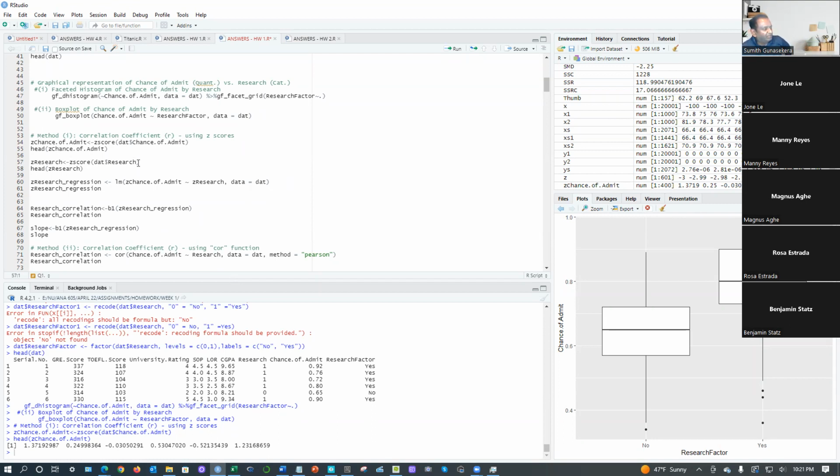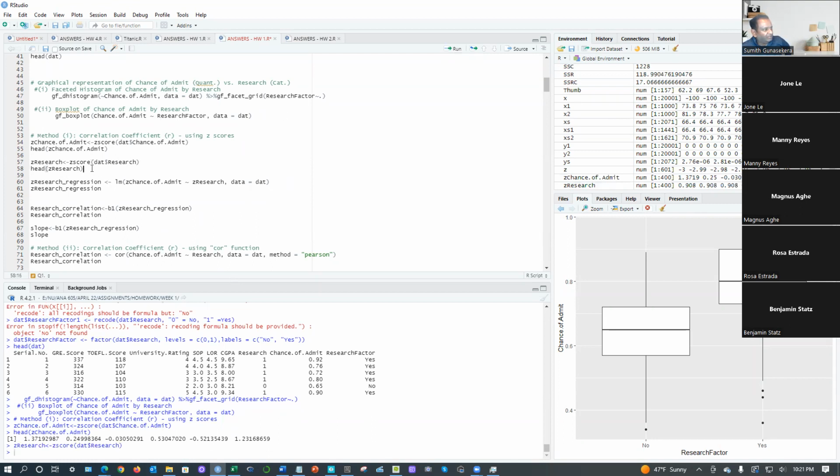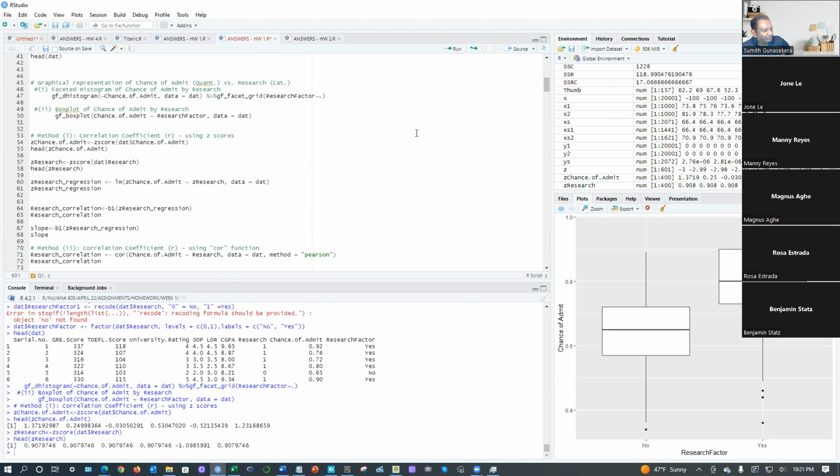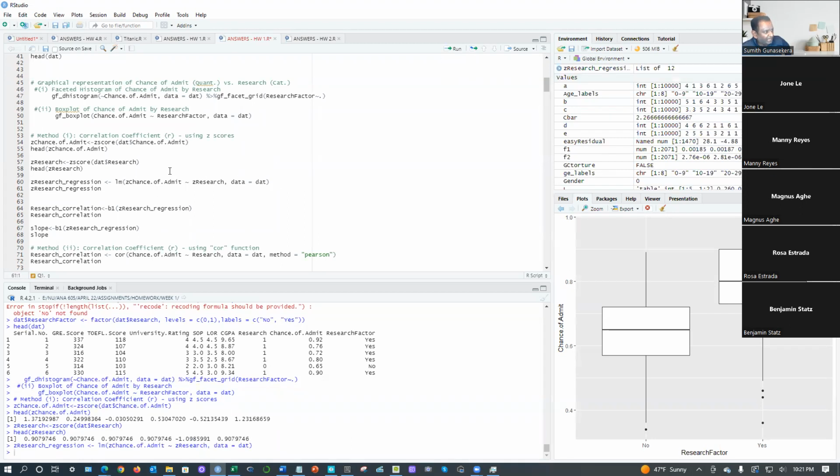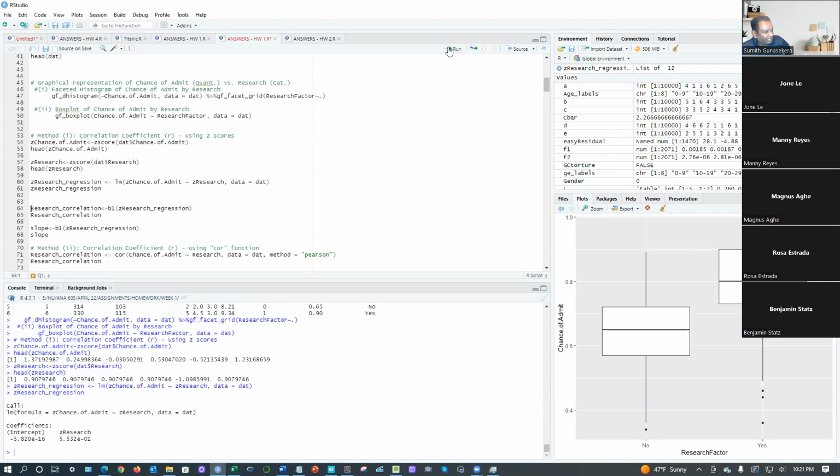Z-score, convert the research to a standardized value. Then you're going to fit Z chance of admit versus Z research. And then run the regression and see what the values are. And if you look at the slope,